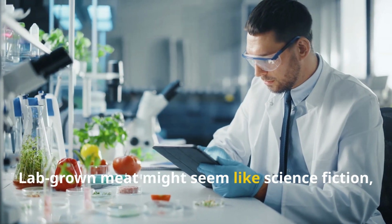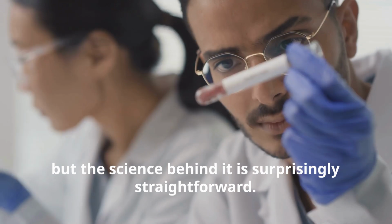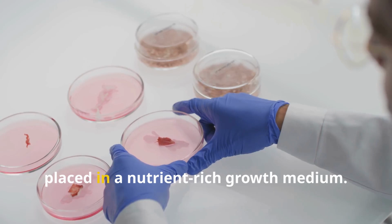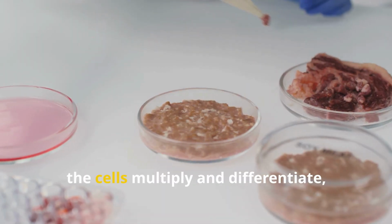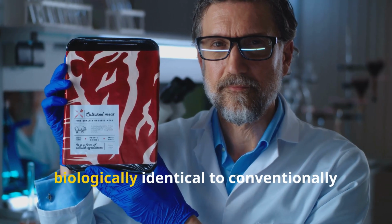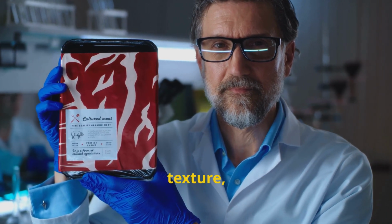Lab-grown meat might seem like science fiction, but the science behind it is surprisingly straightforward. This innovative process starts with a small sample of animal cells, typically muscle cells, placed in a nutrient-rich growth medium. Over time, the cells multiply and differentiate, forming muscle tissue in a controlled laboratory environment. The result is a product that is biologically identical to conventionally produced meat, with the same taste, texture, and nutritional